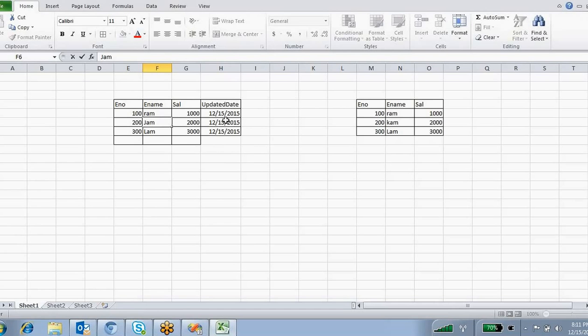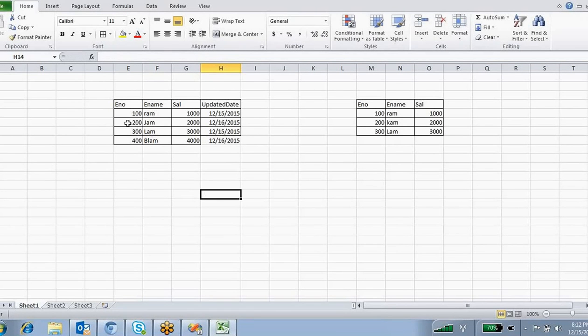So that record is updated, and the record updated date is the 16th. Just assume today is the 16th. Yesterday you loaded all the data, and one more employee came, his name is Blam, and his salary is 4000, and his updated date is 12/16/2015.